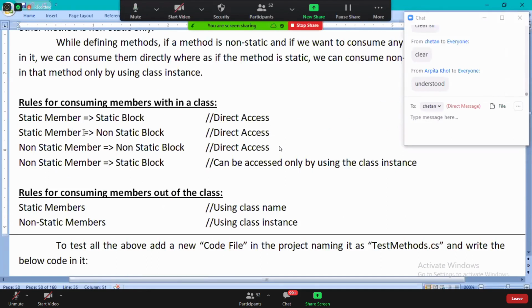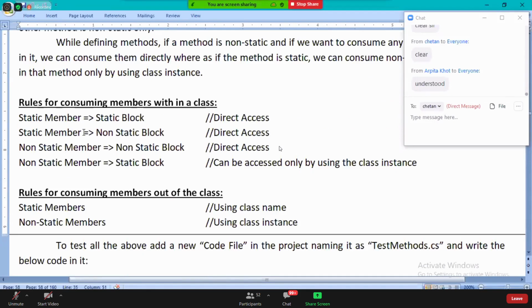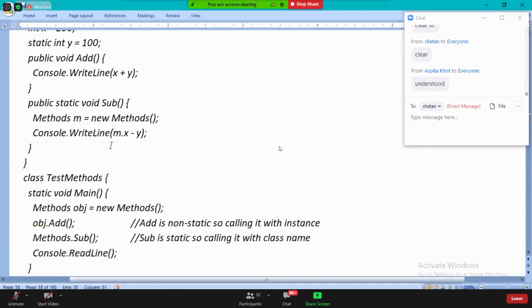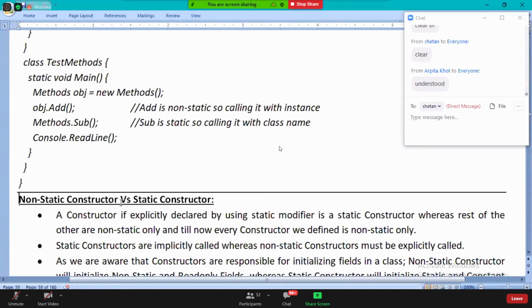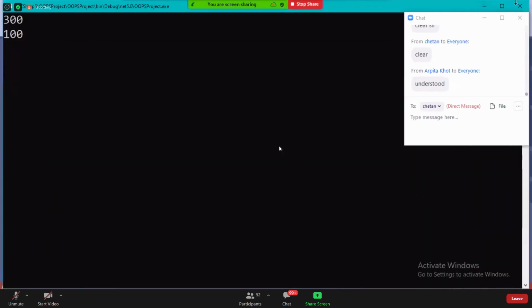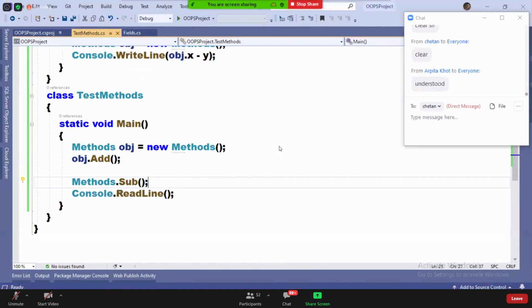Now the third one, what we require to understand right now is non-static constructors and static constructors.